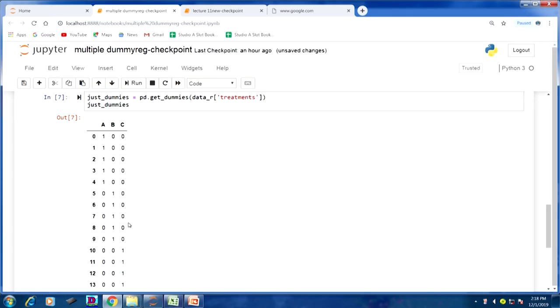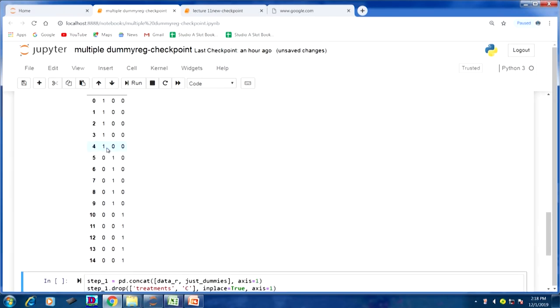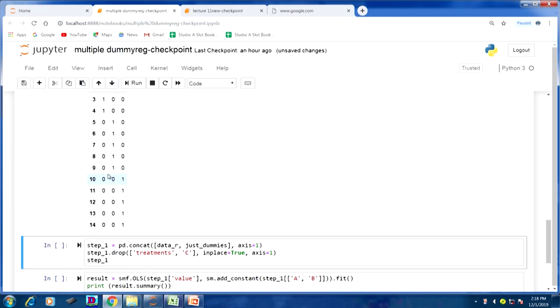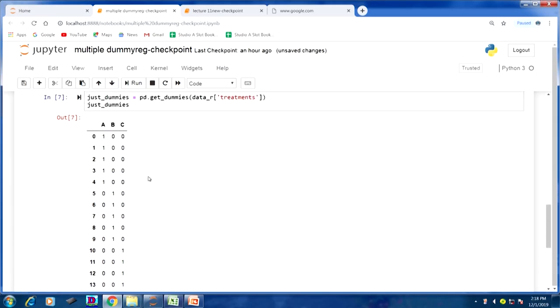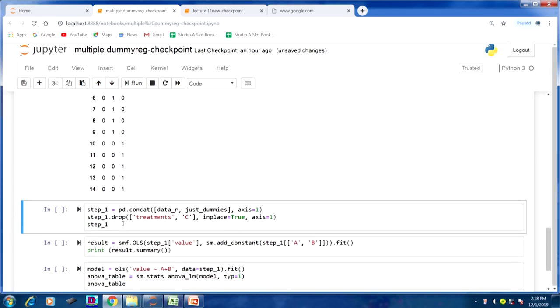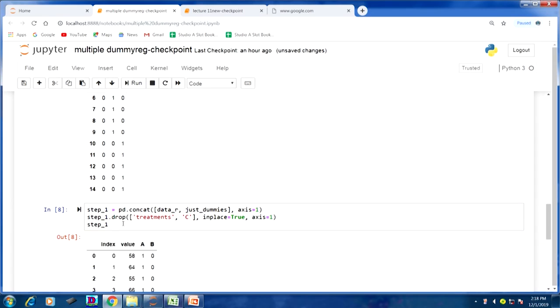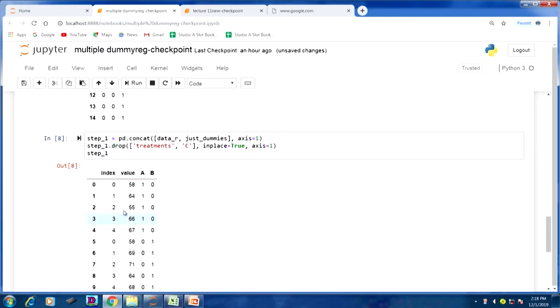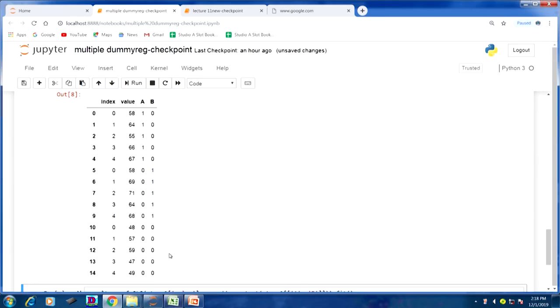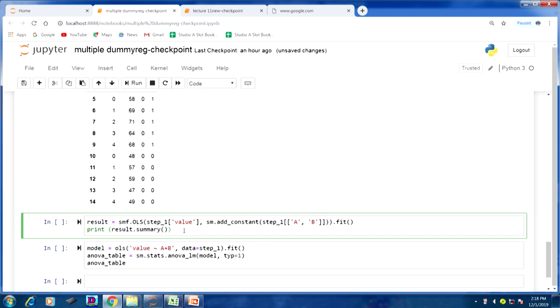So we are going to drop the column C, then we are going to use the 2 columns A and B. In Excel also, when I was solving, you might have seen this kind of data. So what I am going to do is drop this column C, then add these dummy variables into the file called step_1. So this one, see that now the file is changed, the value is taken as it is, and only the columns A and B are maintained. For this data set I am going to do the regression analysis.